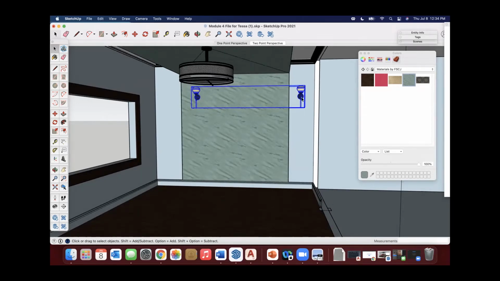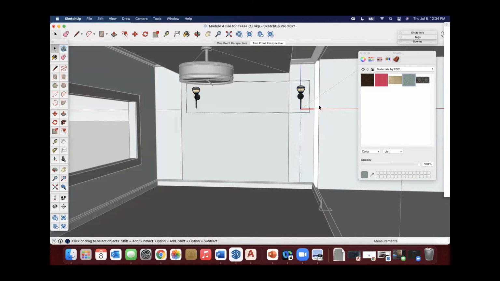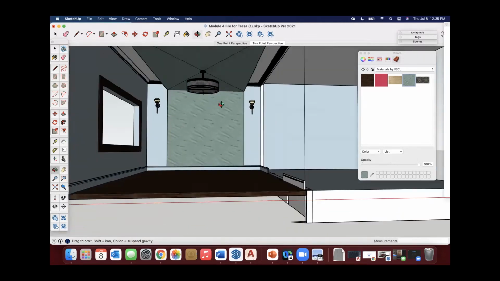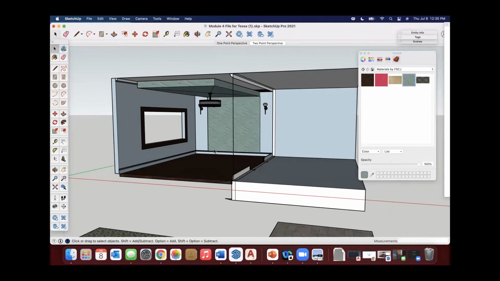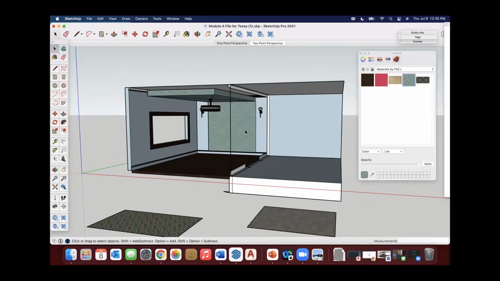They're grouped together, which is wonderful because it makes things easy to move around. I'm just going to double click and edit that. And I am going to select this one and move it. And obviously I need to make sure I find the center point of this little wall area so that everything looks nice and symmetrical, but you get the idea of like, I'm just shifting that over and we're putting that here and here.